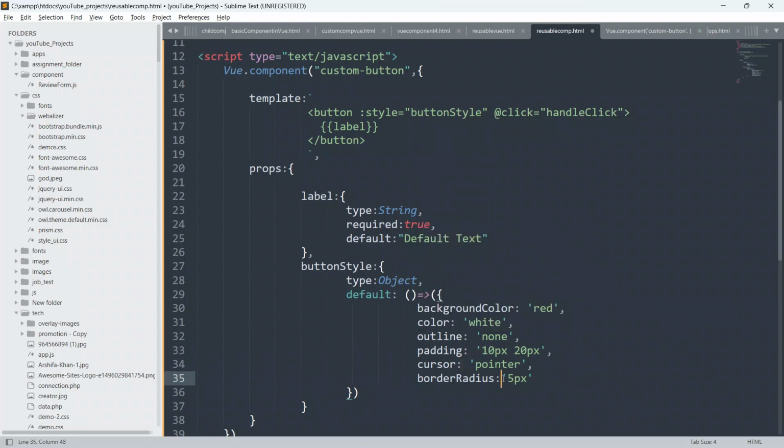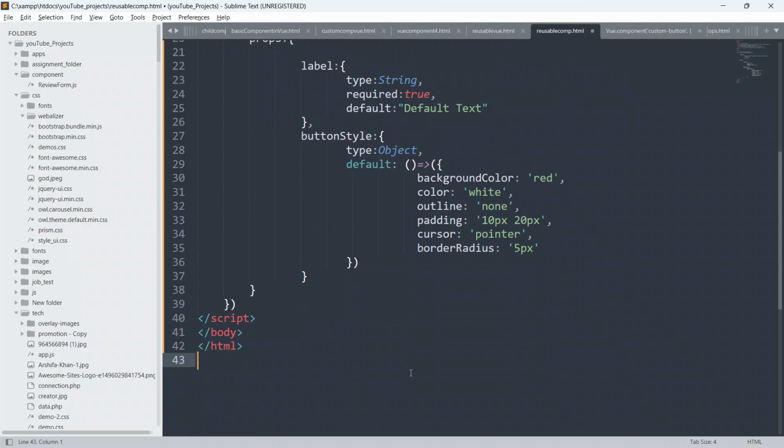As you can see here, I have given camel case notation because we have to put backgroundColor. Suppose, just for the example, if you have background-color like this in CSS, in JavaScript we have to write it like this, backgroundColor, with capital C. This C will be capital because in JavaScript we can only apply something in the form of camel case notation.